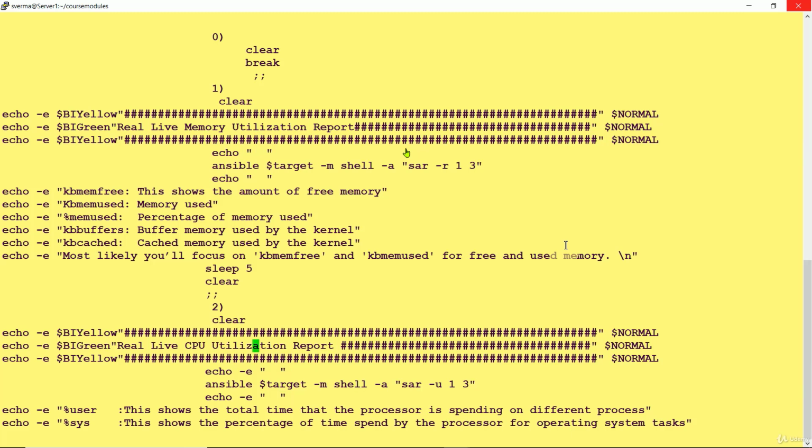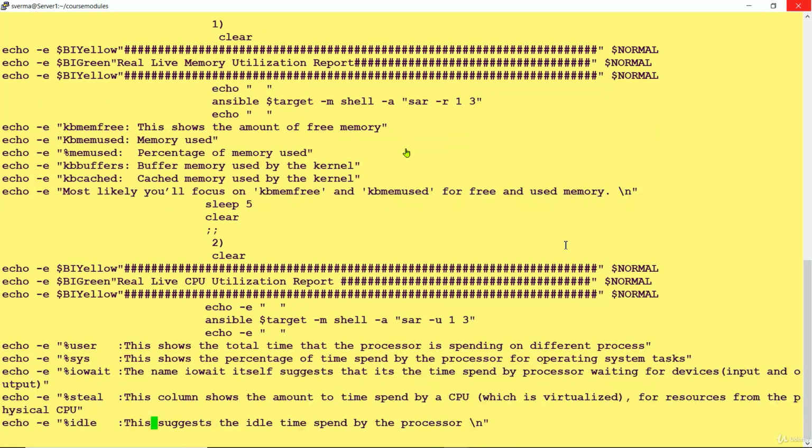That's why I have written real live CPU utilization, and then I have used some color combination like yellow, green, yellow, and we will get the output. I'm also giving a note on what exactly each parameter means, like what is percentage user here. This shows the total time that the processor is spending on different processes, and the second one is percentage system,